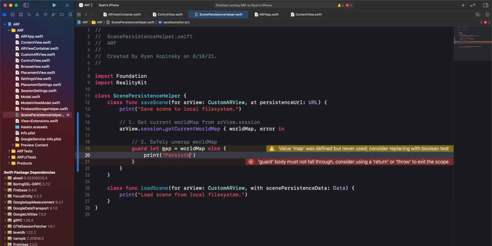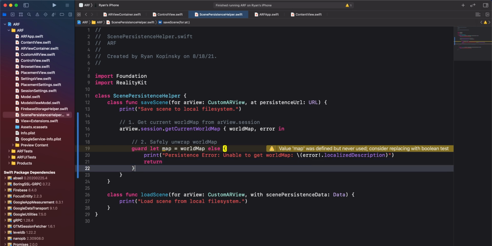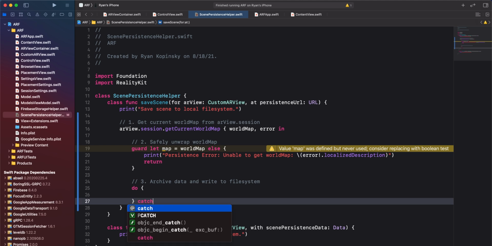In this case, we'll print an error message to the console. However, this isn't the most elegant solution to notify the user that something didn't succeed. As a challenge, I encourage you to create a better way to alert the end user. For the third and final step, we'll use a do-catch statement to archive the map data and write it to